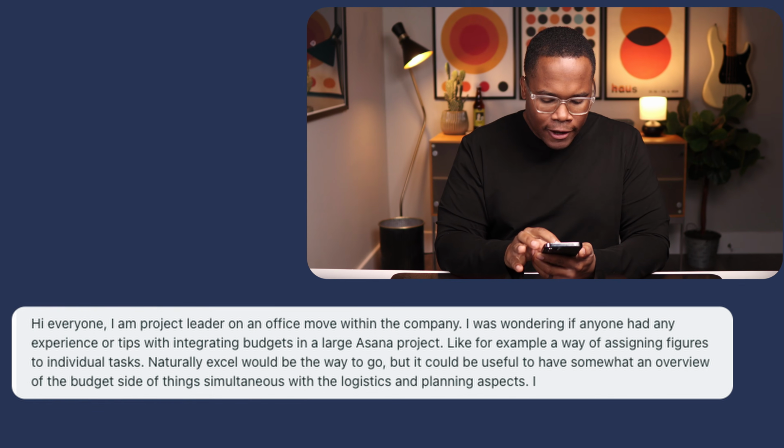So I'm going to read this question and then we're going to get to building. I haven't done anything yet. I'm going to do this all live. So you're going to see me kind of think through this solution as we get going here. The title was Budgets for Projects in Asana. This is from